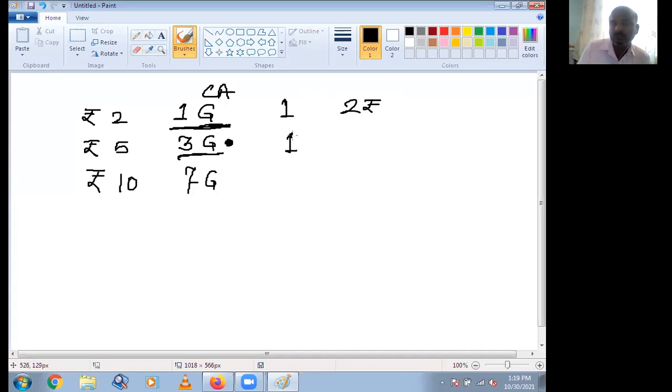For one custard apple, the price is nearly about 1.7 rupees.